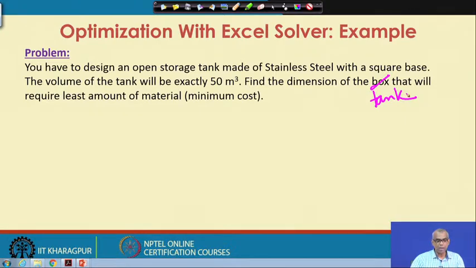So, the cost will depend on the amount of material that is required. So, asking to find out the dimension that will require least amount of material and asking to find the dimension that will minimize the cost are synonymous.